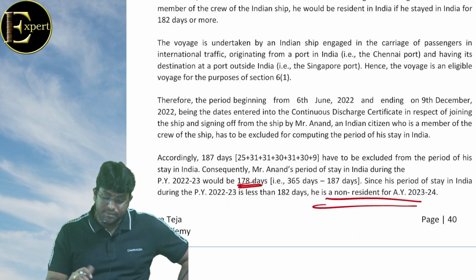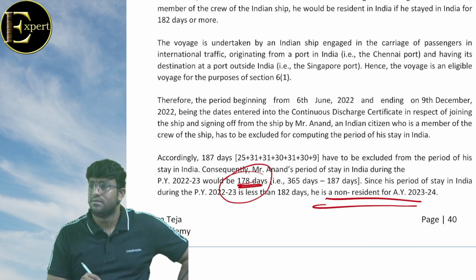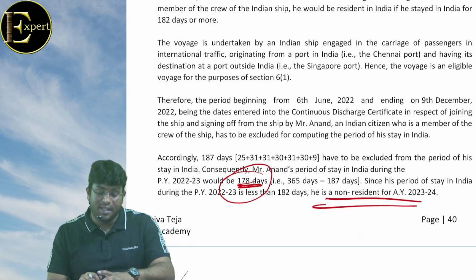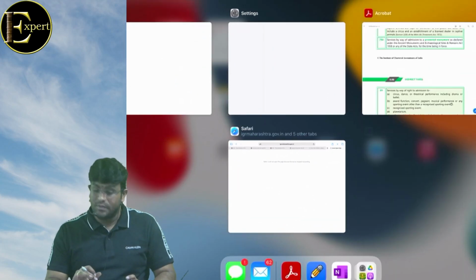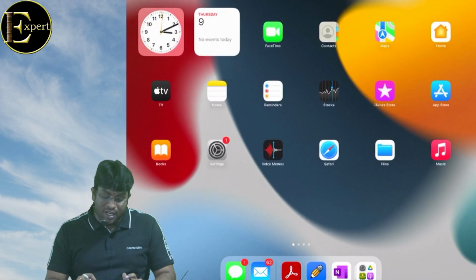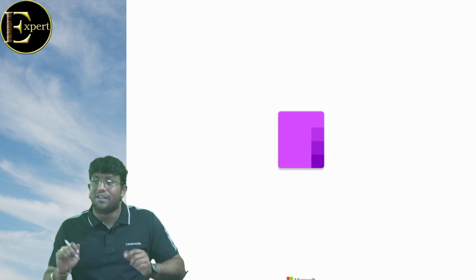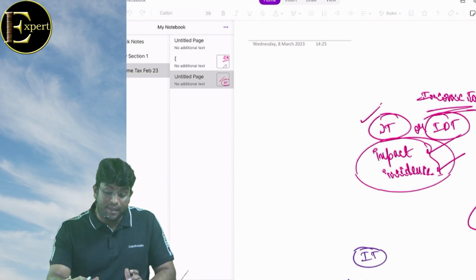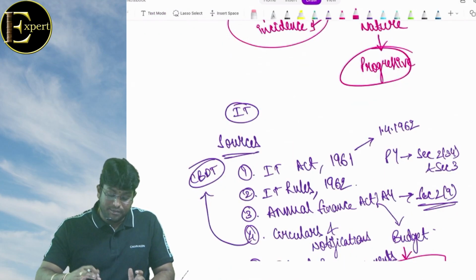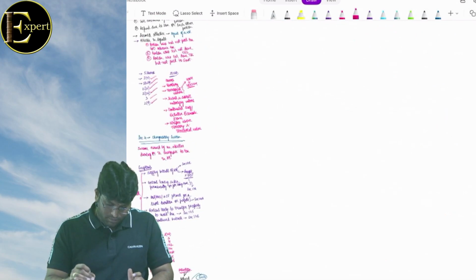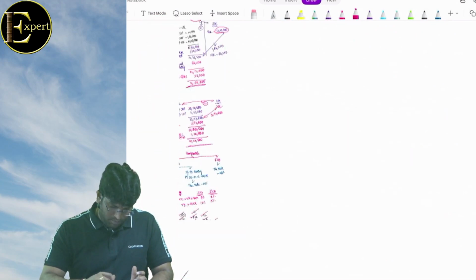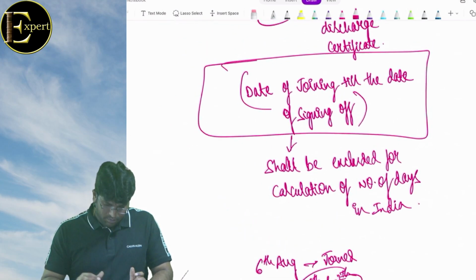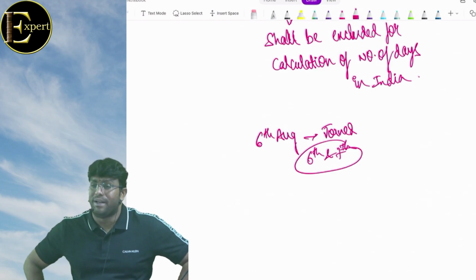हो गया ना बात कॉन्सेप्ट? समझ में आ रहा है क्या? नॉर्मल क्वेश्चन में हम लोग ऐसे सॉल्व करेंगे, ये पता लगाएंगे भाई कि इंडिया में वो कितना दिन है. That is the objective. But in case of this ship story, we will try to find out how many days he is not in India. टोटल में से माइनस करेंगे. समझ रहे क्या बेटा आप लोग? दिमाग में जा रहा है क्या ये बात? Done. Are we clear with this, everybody?